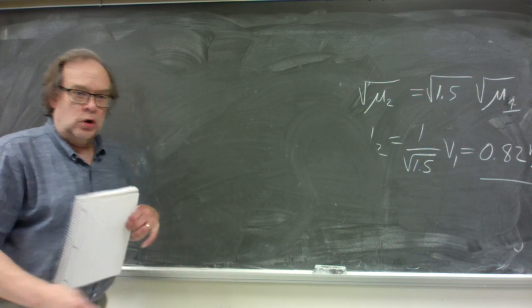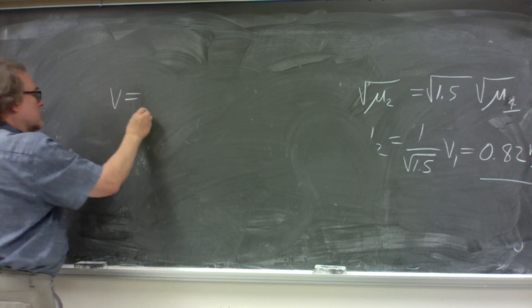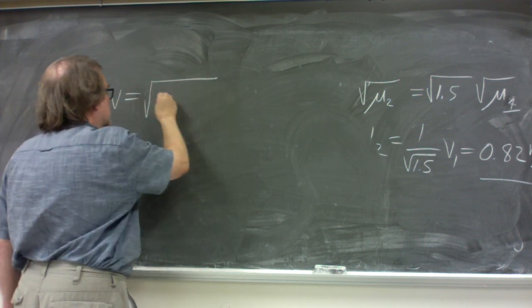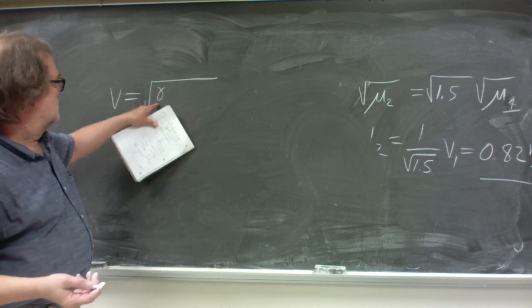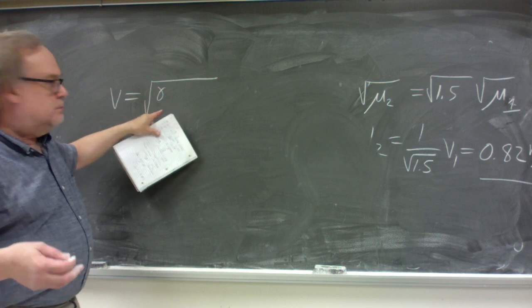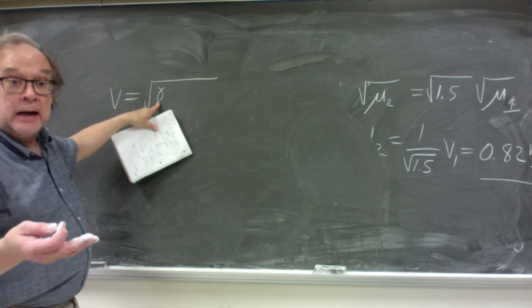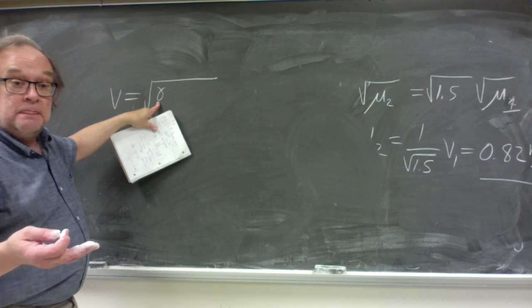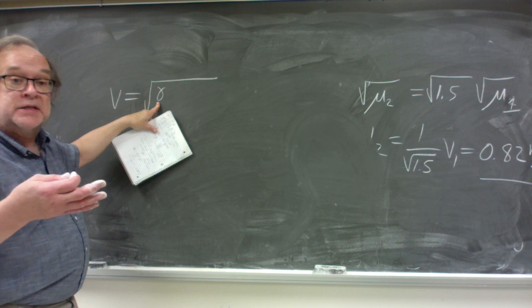And the rule goes like this. The speed is equal to some factor that we call gamma, lowercase Greek letter gamma, which basically depends on what kind of molecules you've got in that gas, diatomic, triatomic, whatever,